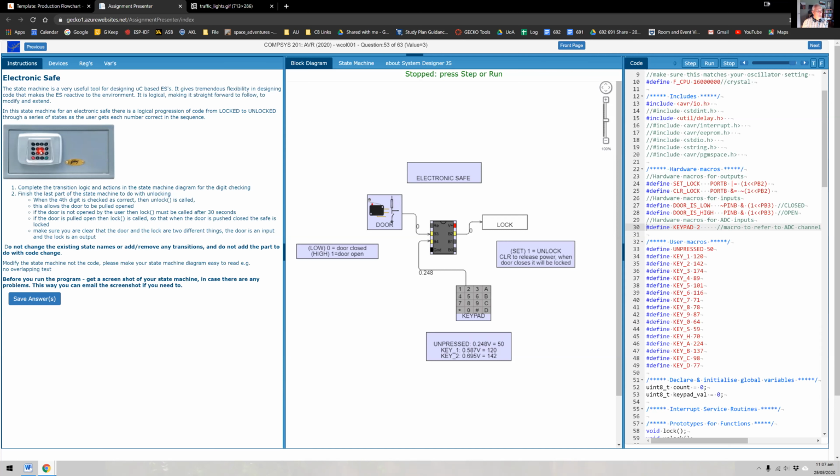Okay, so you need to just clarify in your mind exactly what this door sensor is doing. It's determining whether the door is open or closed. It is not controlling the door. It is not an output. It is an input. There is no output that swings the door open or pushes it closed. Okay, there is only a lock. So this determines whether the door is open or closed, and this here controls whether the lock is released or